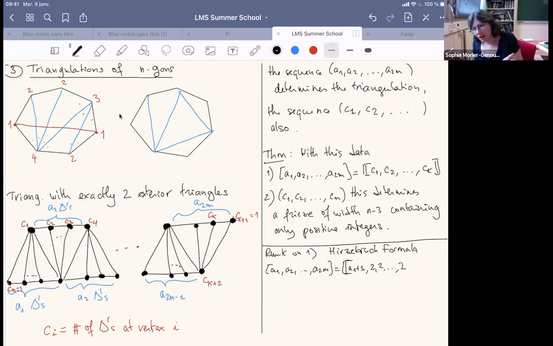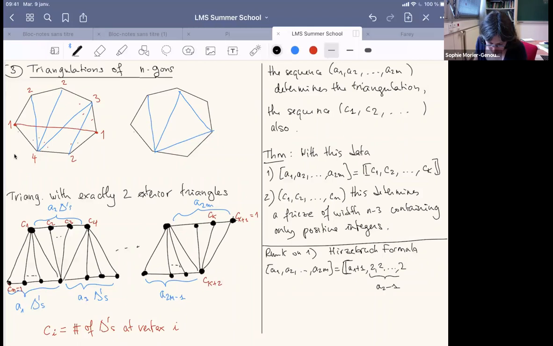But how long is this sequence? I need to know how many vertices I have here. I know that I have A2 triangles. That means that here I have A2 minus 1 vertex. So here I have A2 minus 1 vertices